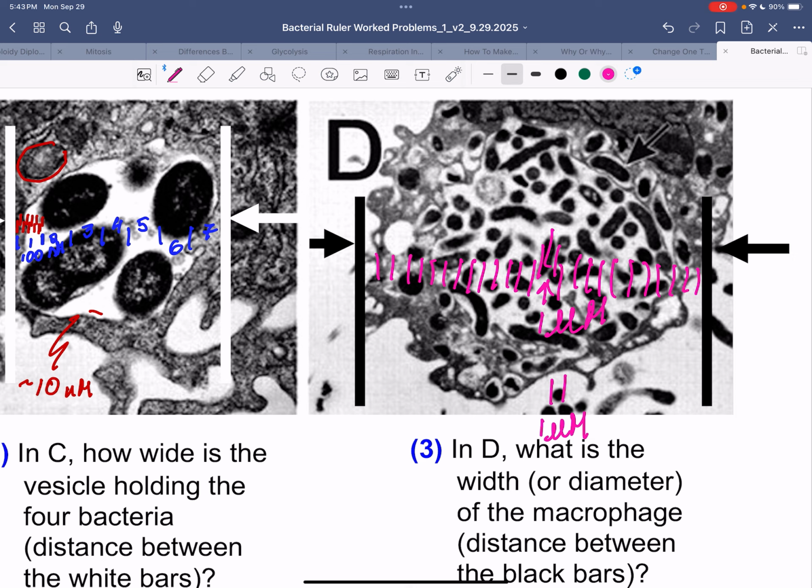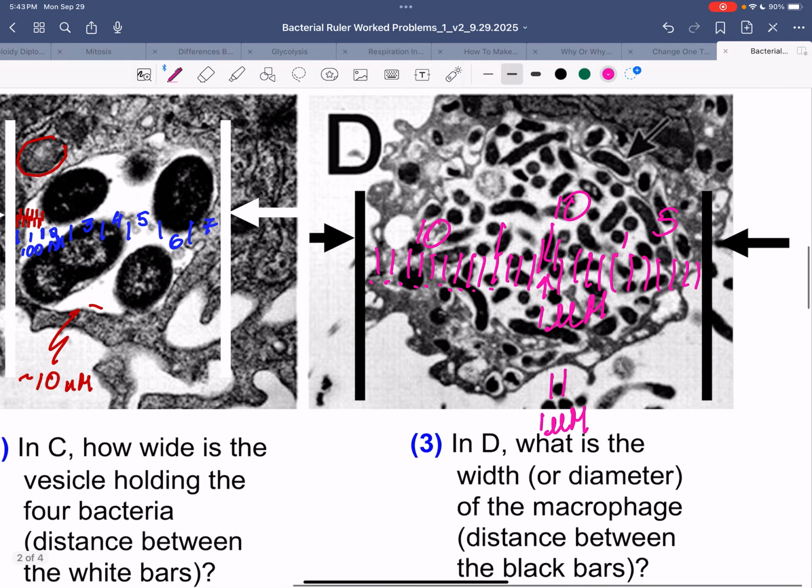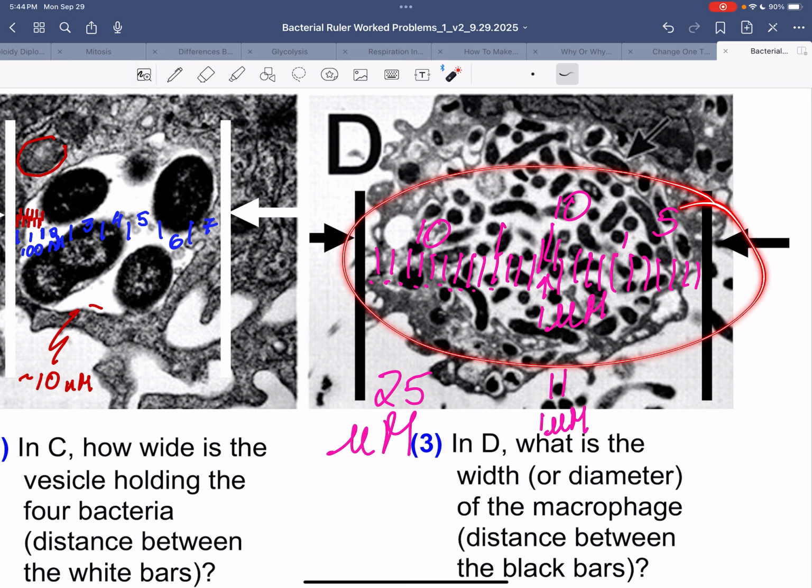And now count. What do I have? 1, 2, 3, 4, 5, 6, 7, 8, 9, 10. So that's about 10. And that's about another 10, and that's about another 5. So I'm going to go with 10 plus 10 plus 5 is 25 microns. Again, if I show my work here and I point out that what I've done is estimate size based on the width of this bacterium,